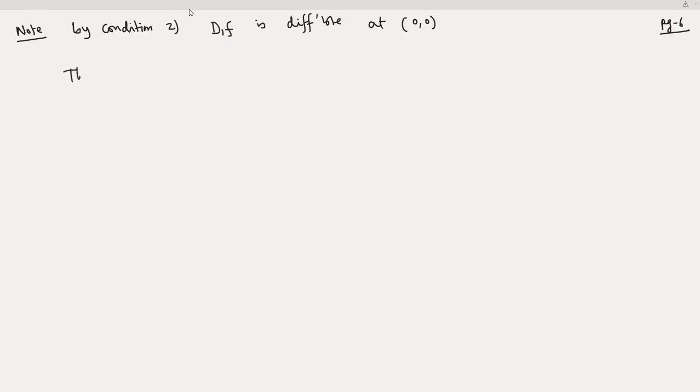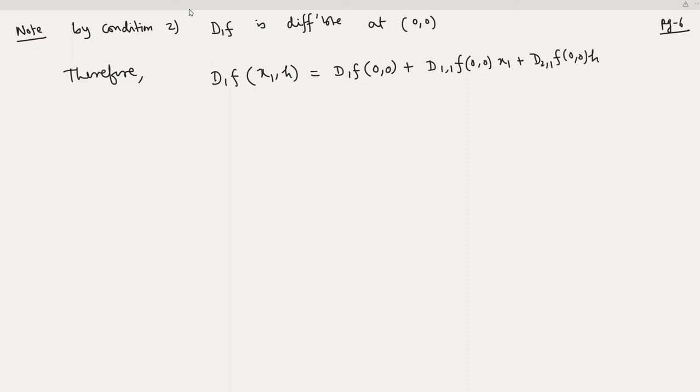Therefore d1 f at (x1, h) is equal to d1 f at (0, 0) plus d_{1,1} f at (0, 0) acting on x1 plus d_{2,1} f at (0, 0) acting on h plus the norm of this quantity, that means (x1 square plus h square) whole power half, times